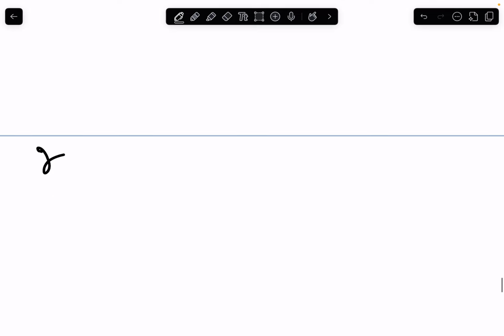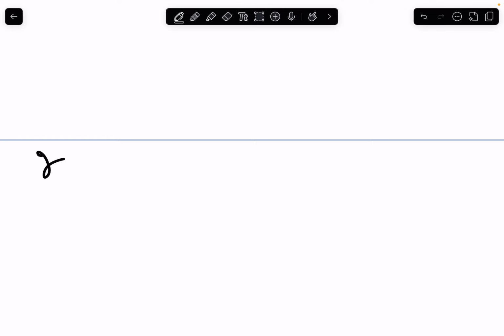So for radioactivity, we have three types of radioactive decay, or three ways a particle decays to become more stable. We're going to start with number one, which is alpha decay. Alpha is a Greek letter denoted by this. So what is alpha decay? Alpha decay is simply when an atom,